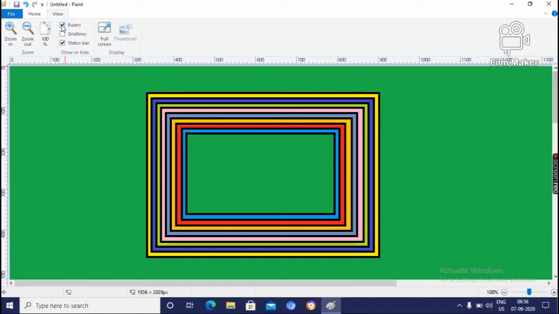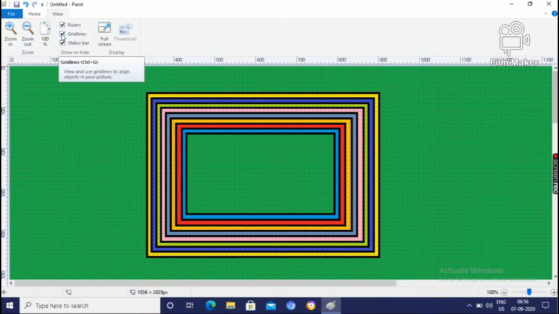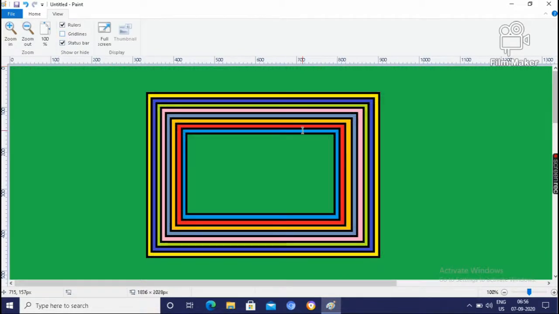That means by clicking here, by activating it, it will show a ruler. And this is the gridlines tool. Gridlines will show some grid lines within the screen. How to deactivate? Just click here again, it will be deactivated.